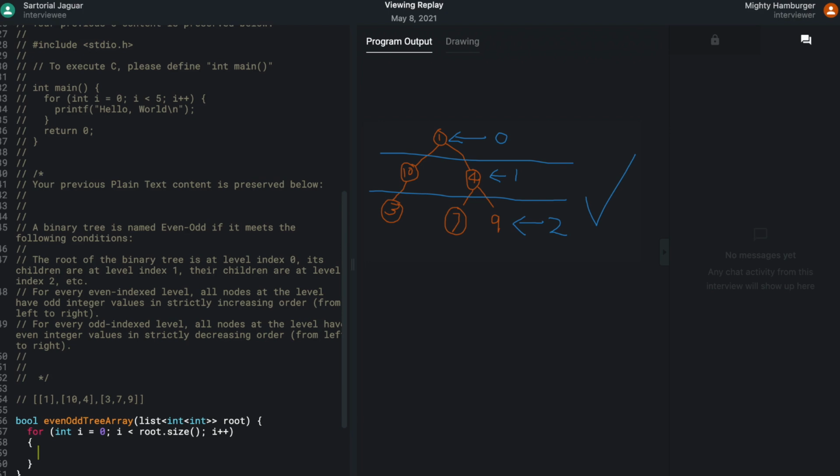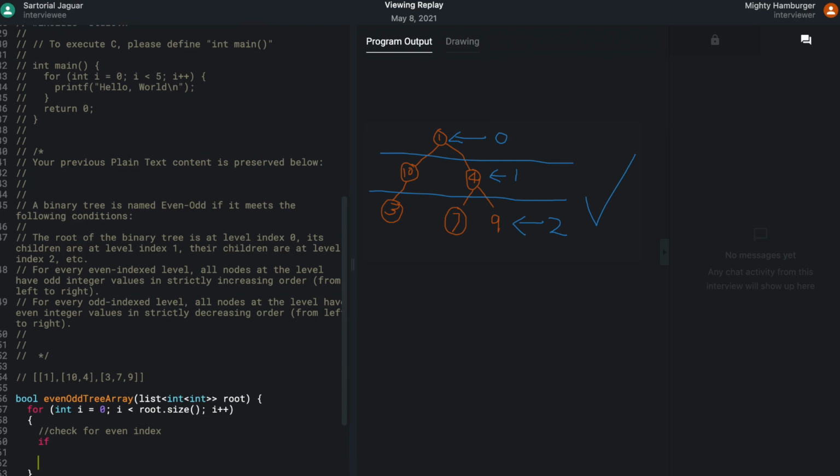So now I'm checking 1, or 10, 4, or 3, 7, 9. The restrictions are, for every even index, I'm going to do pseudocode. Check for even index, and then the other case is going to be check for odd. To check for even index, I'm going to do i modulo 2. If i is 1, i modulo 2 is going to be 1.